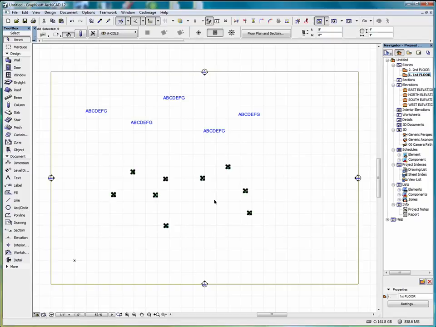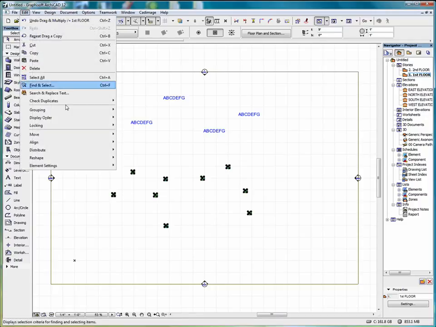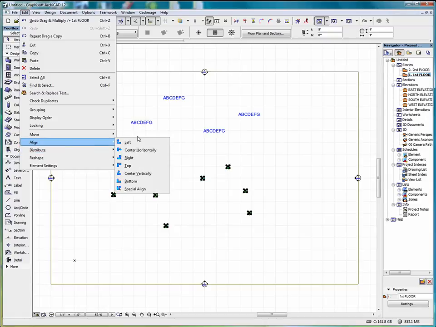Here we have a bunch of columns selected. So we'll go into Edit, Align, and as you can see here, we have a range of options that we can choose from. We can align to the left, we can center horizontally, we can go to the right, to the top, we can center vertically, we can go to the bottom, and we have special align. So let's go through these and take a look and see how each one of these